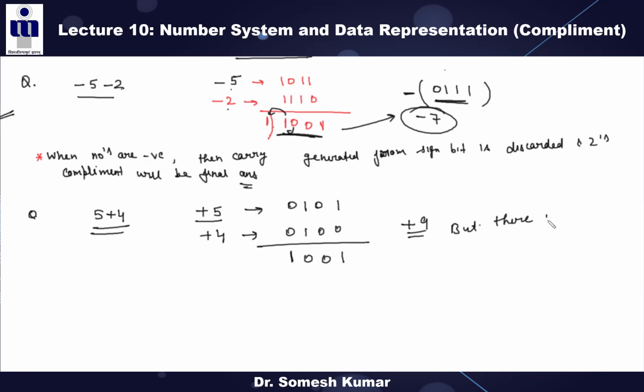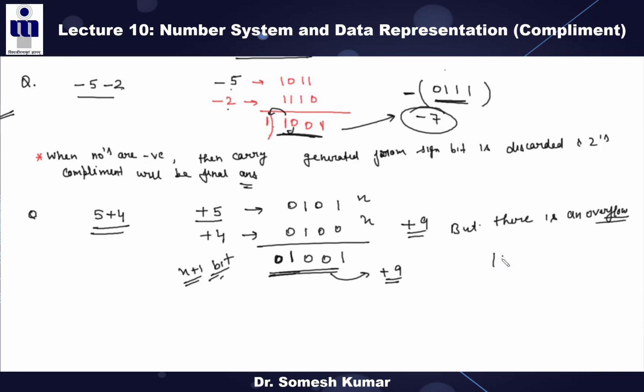How can you say there is an overflow? If you are saying this is your 2s complement representation, then by seeing this, as defined, you can say this is plus 9, right? So in that case, we have to count it. This is n bit, this is n bit, right? So for the final answer, you have to count n plus 1 bit. This is the meaning of the overflow, right?